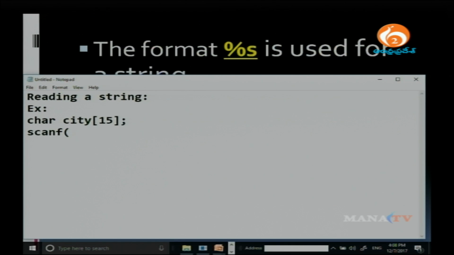scanf within double quotes, %s we have to use for strings, comma city, semicolon. This is reading for the strings. Here the array name is used without a subscript and there is no ampersand before the array name.